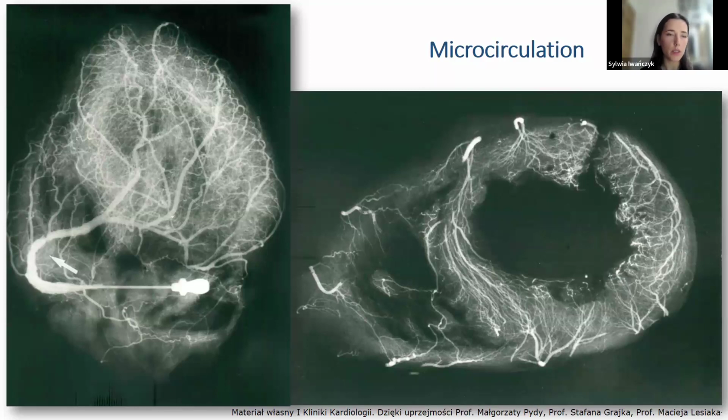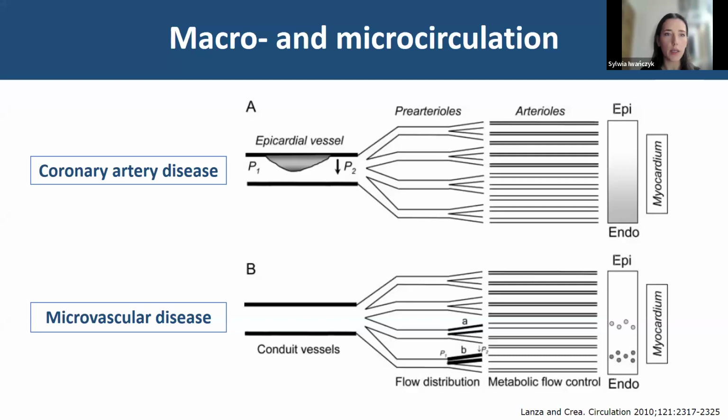So we'll talk about this part of circulation today mostly, and the problem with dealing with this part of circulation is that it's quite difficult to diagnose this microcirculation disturbance in echocardiography, for example, or other imaging examination, because the changes in the coronary arteries are generally more diffused, and